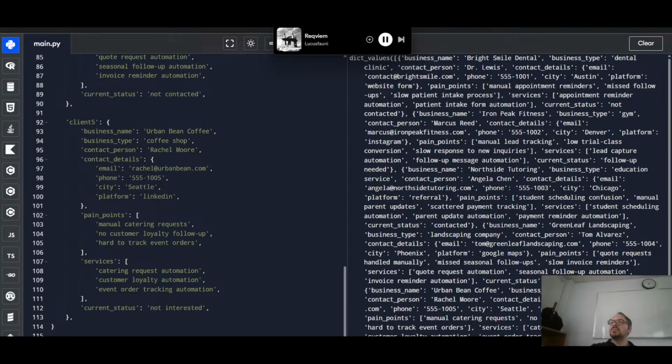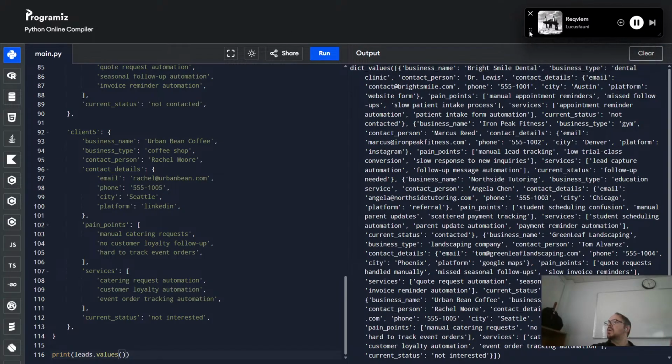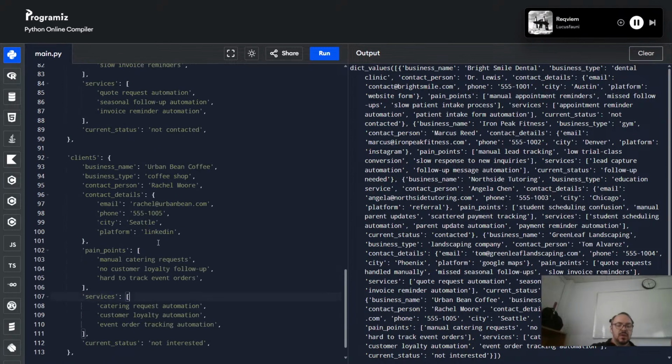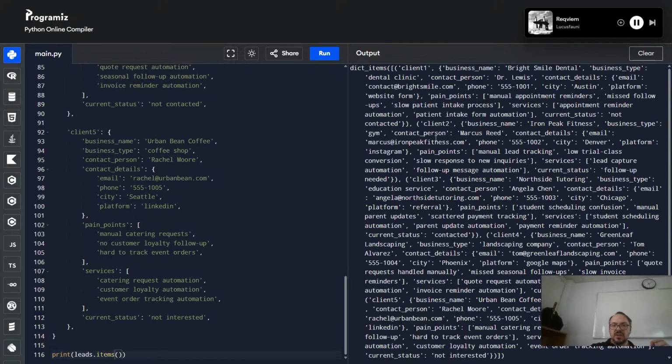What else can we do? Hold on. Tinkering. That's what I wanted. There we go. And of course, if we do, does this return anything? Yeah, okay. So now we get the items, but this is more like